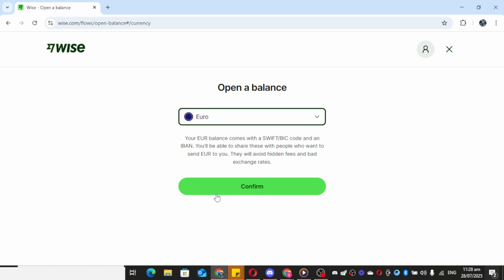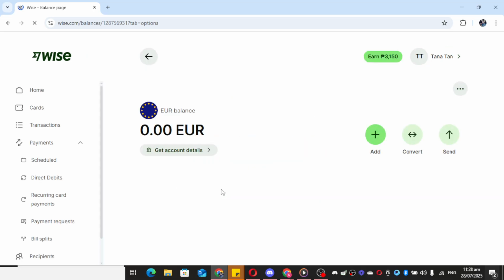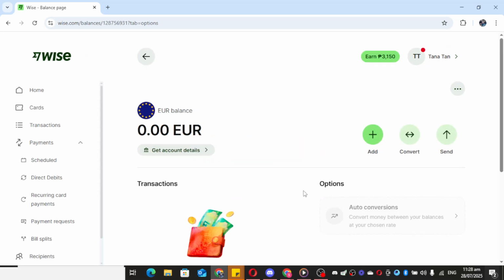After you've successfully selected your desired currency, you're almost there. Make sure you double-check your selection to confirm accuracy before moving on. Then, with a simple confirmation click, your new currency balance is now ready for use within your Wise account. This process is intuitive and simple, yet it opens up your financial capabilities significantly, especially if you're someone frequently dealing